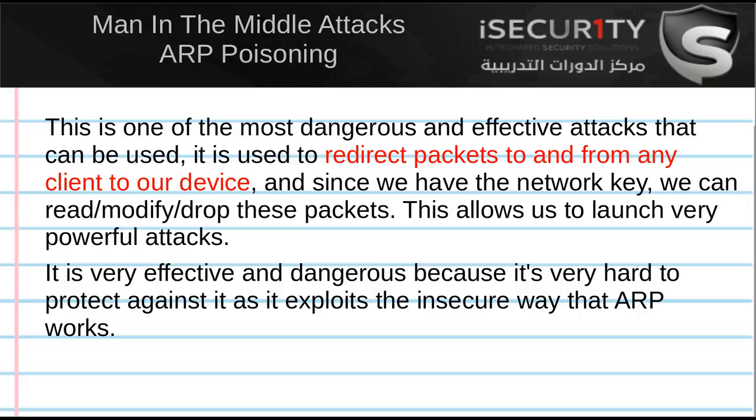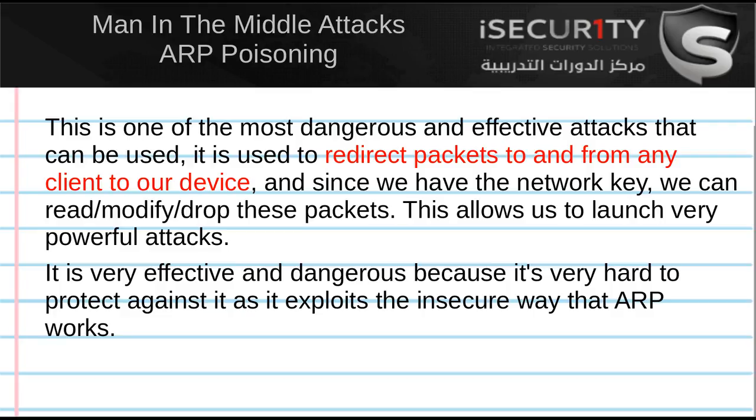Man-in-the-middle attacks. In the next few videos, we're going to talk about what's known as man-in-the-middle attacks. This is one of the most dangerous and effective attacks that you can carry out in a network. You can only do it once you connect to the network. It can be used to redirect the flow of packets from any client to our device. This means that any packet that is sent to or from the target client will have to go